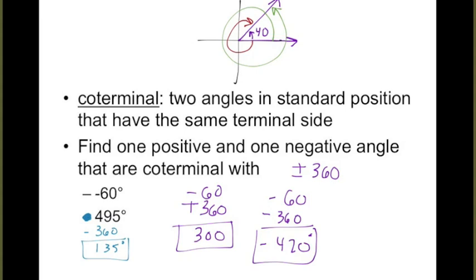The directions want us to have one positive solution and one negative solution. So subtracting gave me still a positive answer. How do I get a negative answer? Subtract again. Did you give the big one and then the really small one instead of 135? Yep. So you could also give the one that is created by adding the 360, which would be